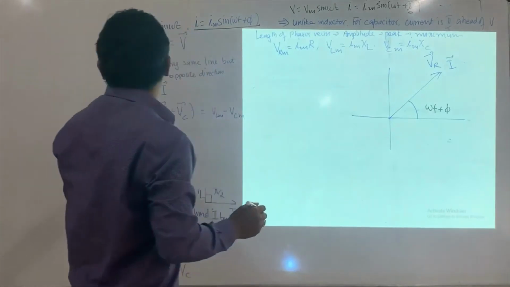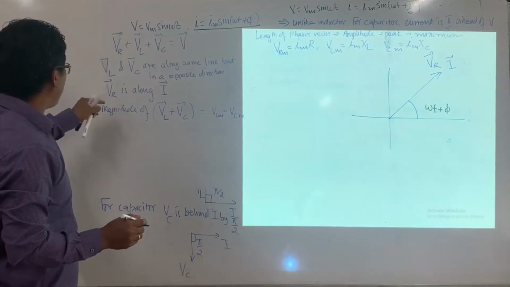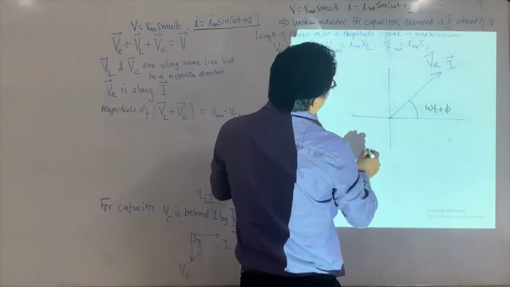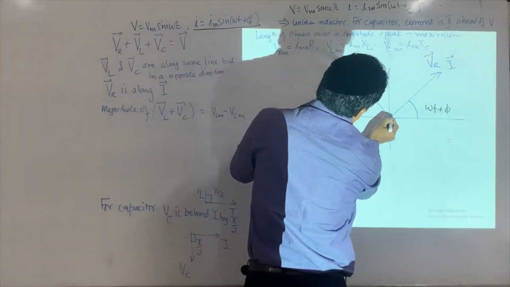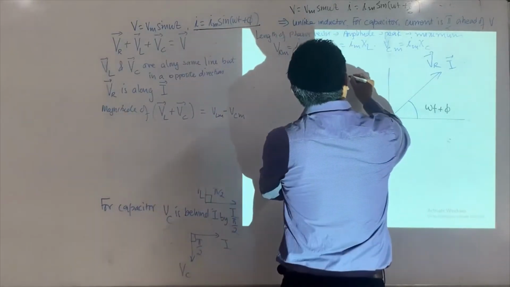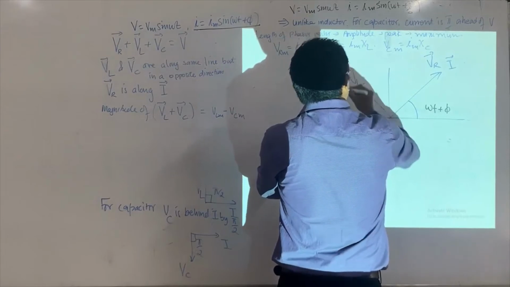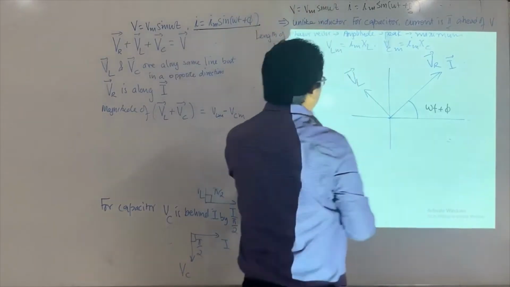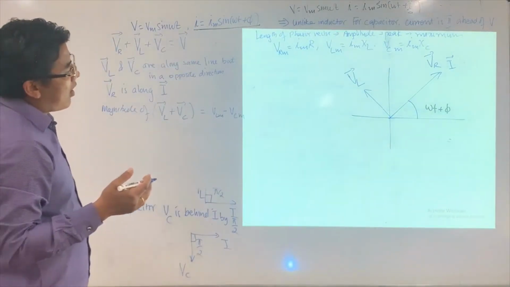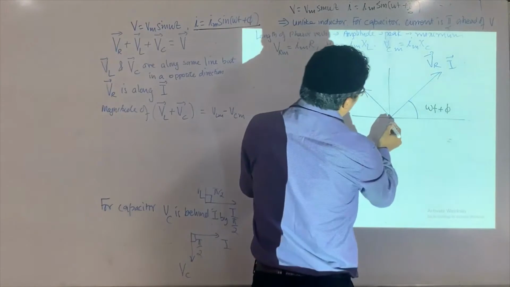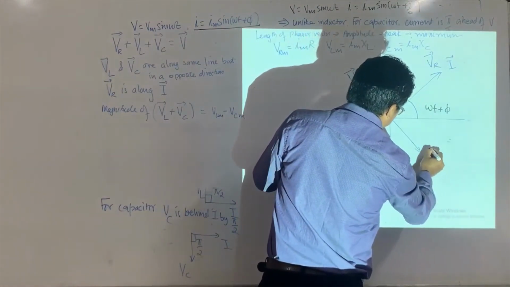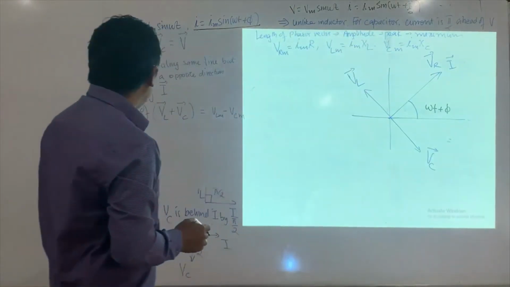What about the current? In case of an inductor, voltage is ahead of current. This is for inductors. Voltage is ahead of current by pi by 2. What about in case of a capacitor? Current is ahead of voltage. This is what we have. So that is why I say that